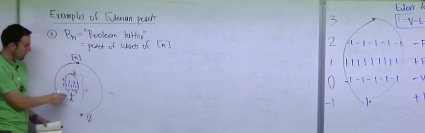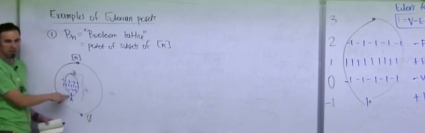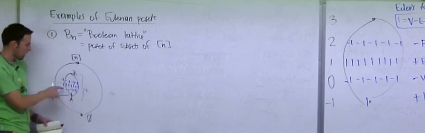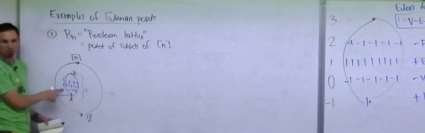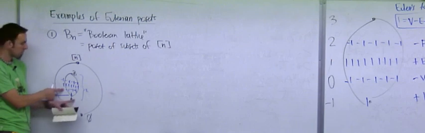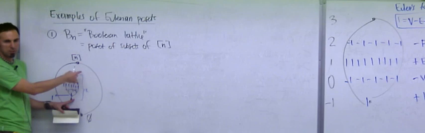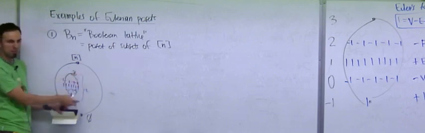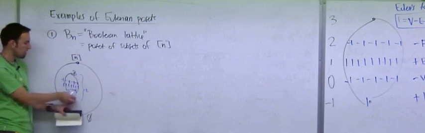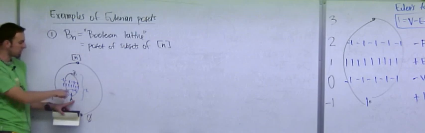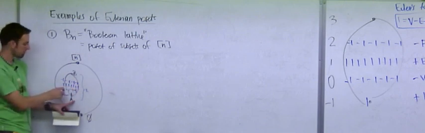Now, how many guys do I have here? How many 1s do I have? 1. How many -1s do I have here? Remember, there's a difference of k between here and here. So basically, we're looking at subsets of B which contain A. That means I have A, and then I have k elements to play with that I can add to here. So these are the k elements that I can add here. So I have minus k here.